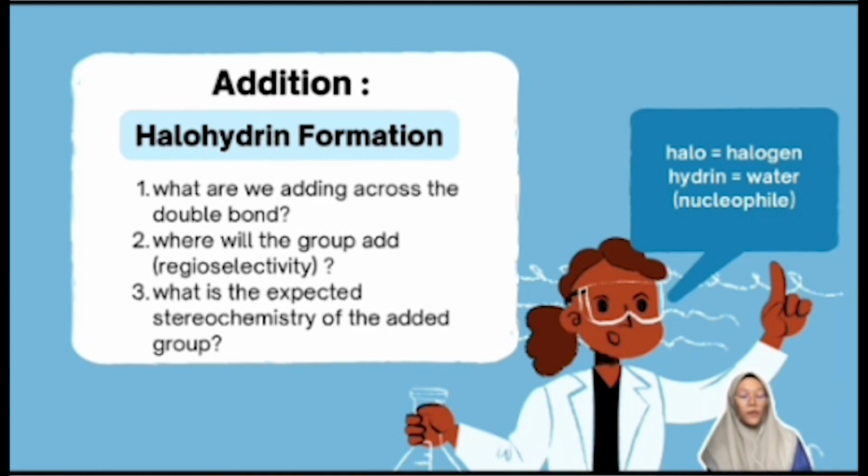adding across the double bond? Second, where will the group add, also known as regioselectivity? Lastly, what is the expected stereochemistry of the added group? So for question number 1, we will add chlorine or bromine across the double bond just in a solvent like